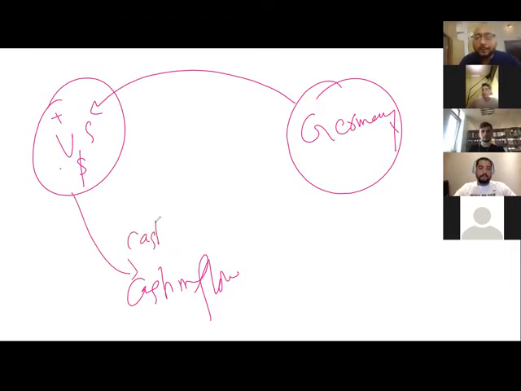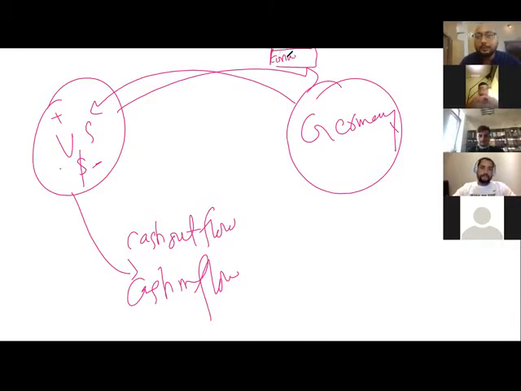What is cash outflow? When dollars leave USA. When dollars leave here, they will be converted into euro. Understand? It means there would be some kind of financial market or forex market, right? We call this outflow. If we talk about the income, if income is coming into the country, credit. If it is going out,